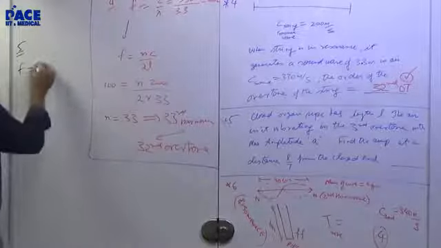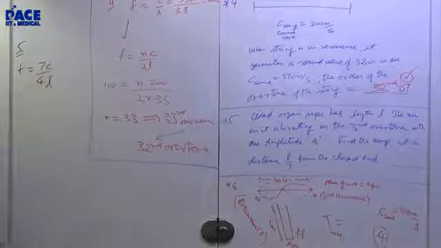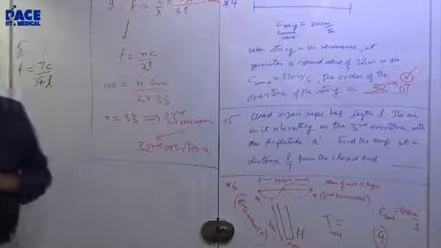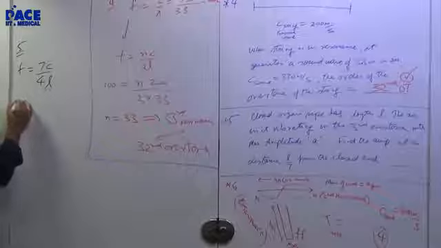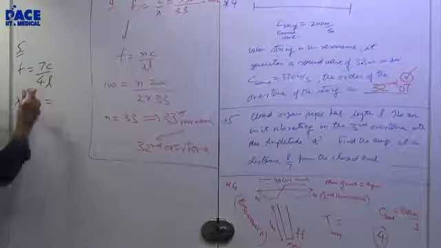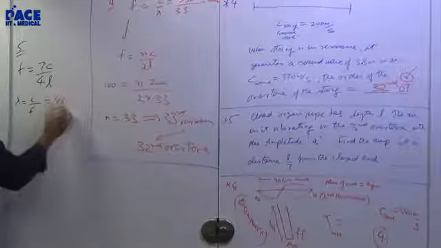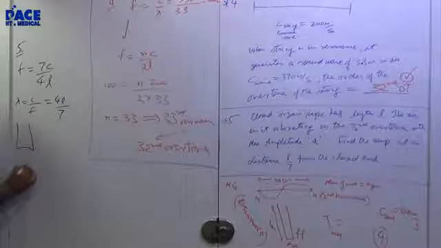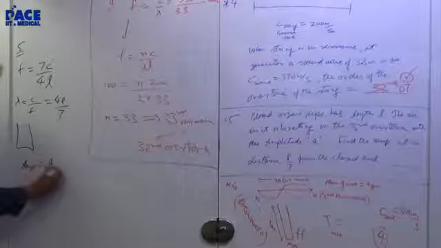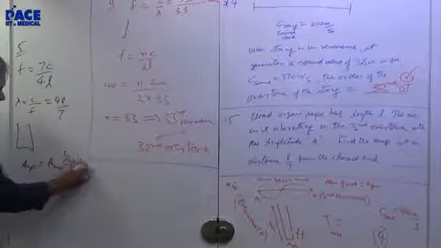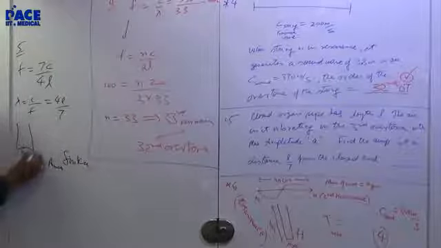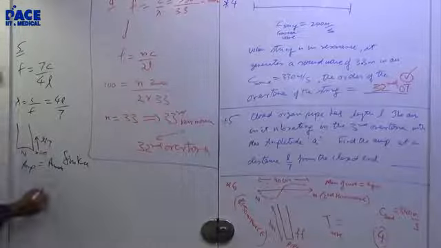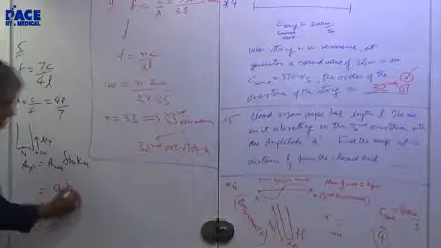7c by 4l. Is that okay? This is the third overtone. 2n plus 1, n is equal to 3. 6 plus 1, 7c by 4l. What is the wavelength? Wavelength is c by f, which is 4l by 7. Now, if you take it from the closed end, the amplitude of the stationary wave is A max sine kx. And can I say sine kx? Yes, because x equal to 0, you are getting a node. You wanted an L by 7. A max happens to be A in this question.